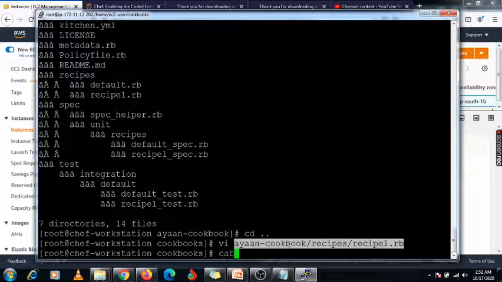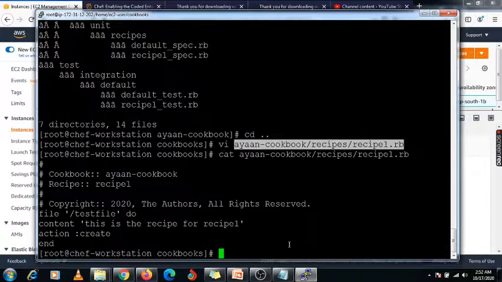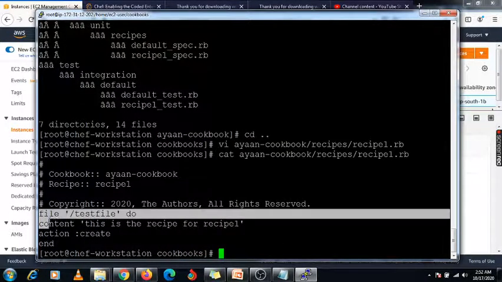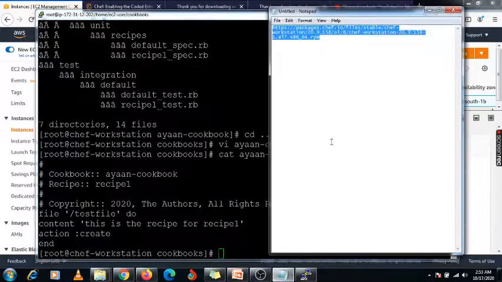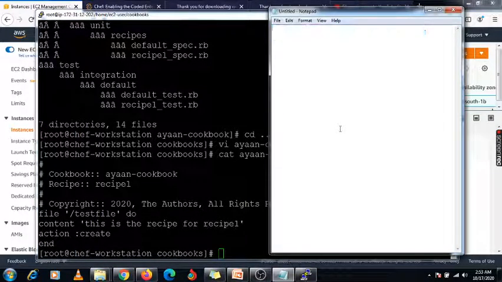Inside that recipe, if you want to check, you can use this cat command. So these are the contents which I have written. Okay, so I am going to copy all this content, and I will upload it in my description, whatever recipes we have created.